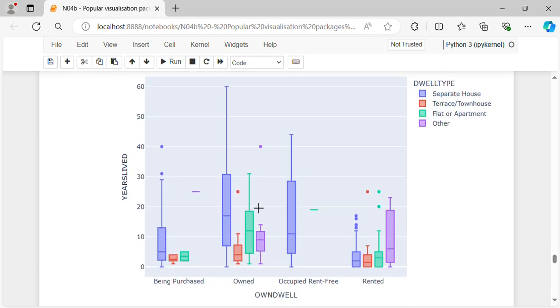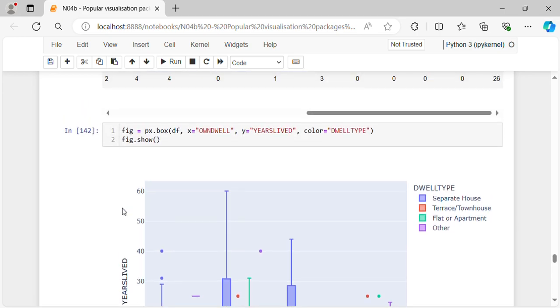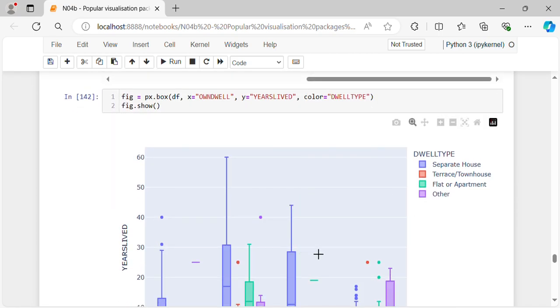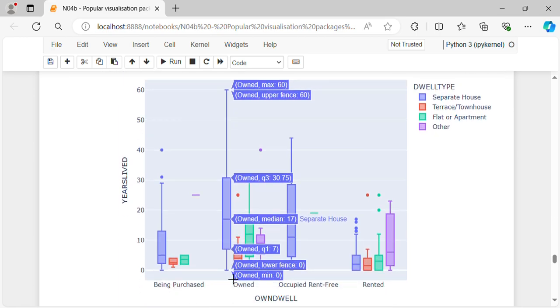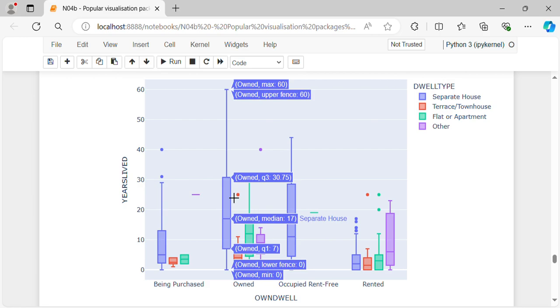So the x-axis represents on dwell and the y-axis represents years lived, and the color is given by the dwell type, and it's a box plot. So px.box gives an interactive box plot. Interactive, when we move the cursor over the boxes, it gives us the information,